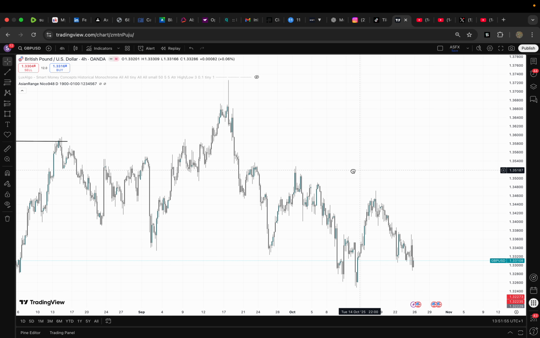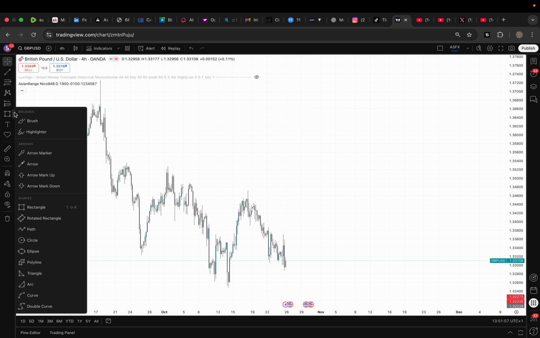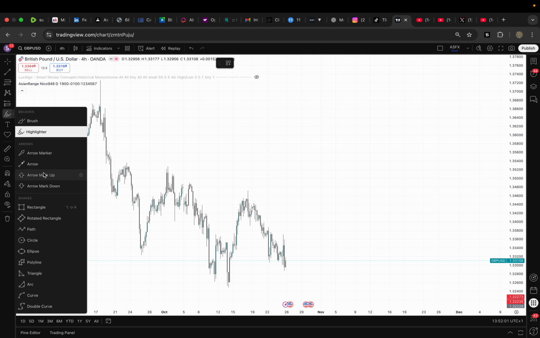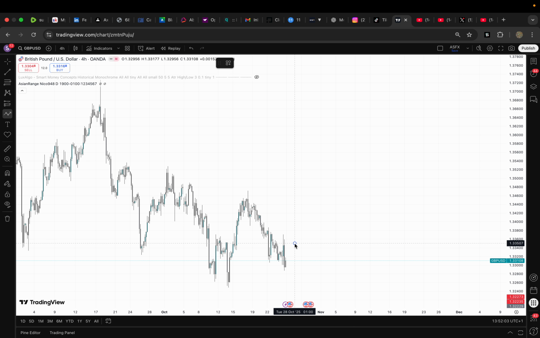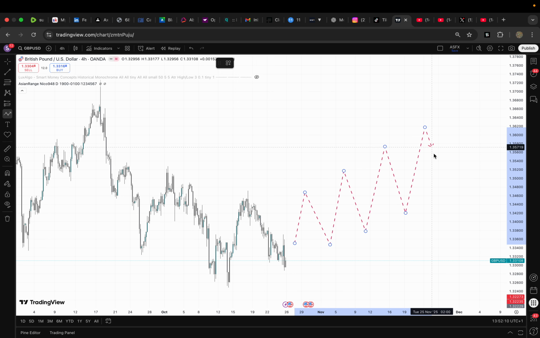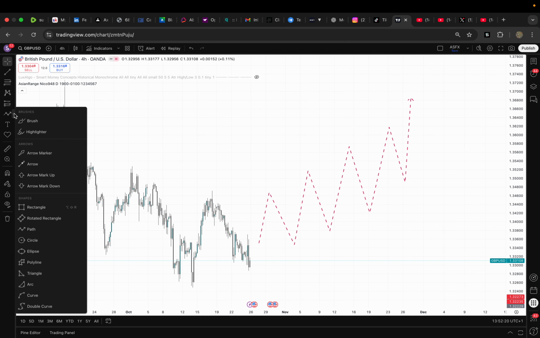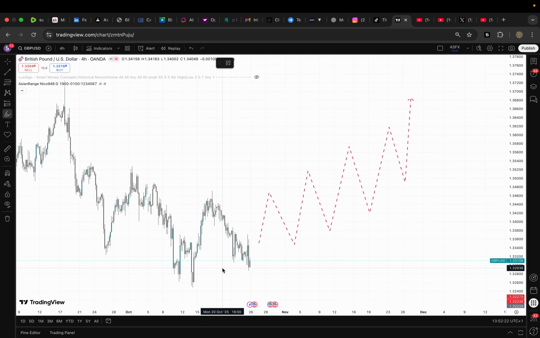So as we all know, the foreign exchange market moves in three ways. We have the bullish market, which is just going up. In simple terms, bullish market means the market is going up. So you can identify a bullish market by the series of structure, that is the series of higher highs and higher lows. So here, using the highlighter tool, I want to show you guys how to identify your higher highs